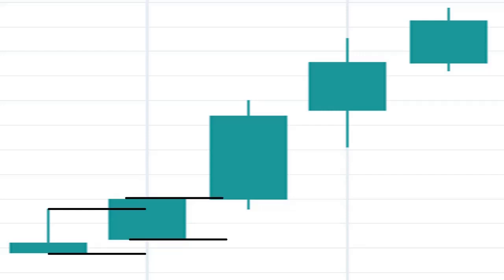Now the second candle is not enclosed between any high and low. So I have marked the high and low of the second candle. Now we will wait for the third candle to close. So you can see that the third candle has closed above it. So we will mark the third candle. Now I have marked the high and low of the third candle. So wait for another candle to close above. So the fourth candle has closed above it.